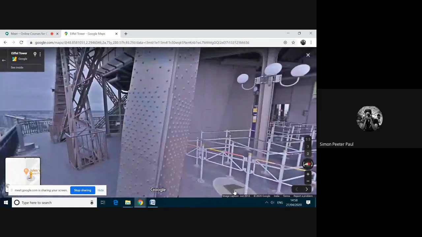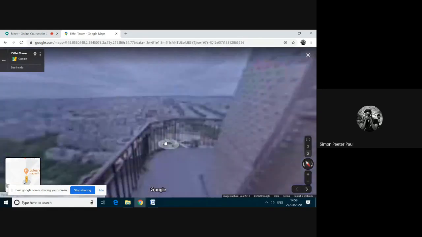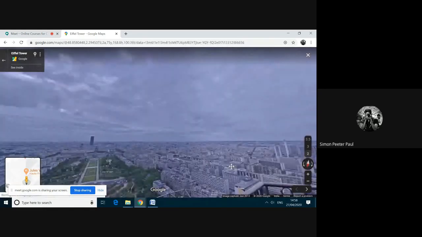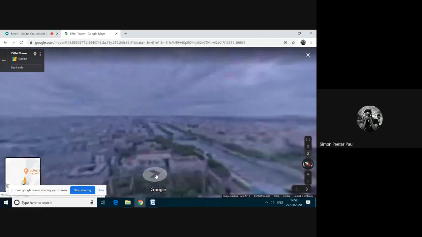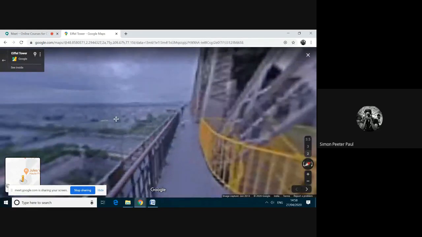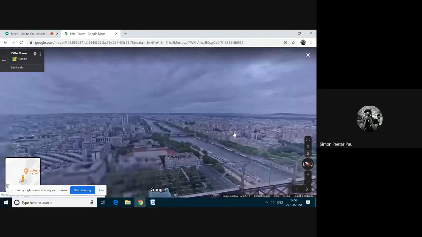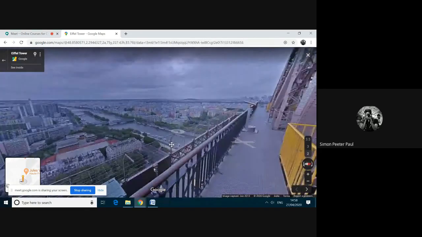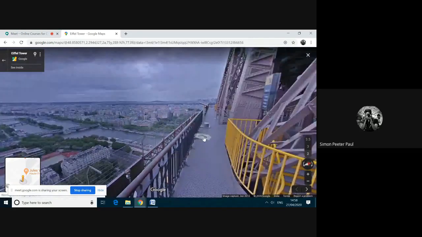If I want to go inside, I am moving here. I'm going to this corner and I can view Paris. Again, I am moving. I'm seeing Paris. I can look upward.